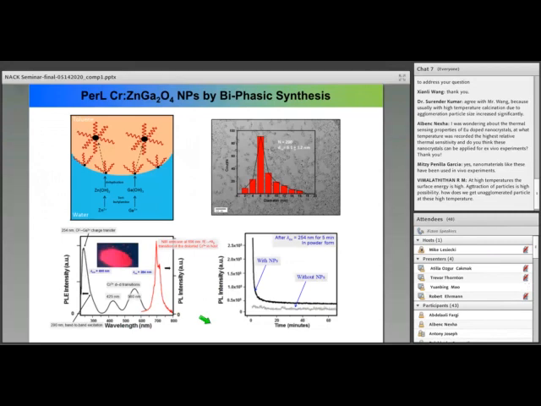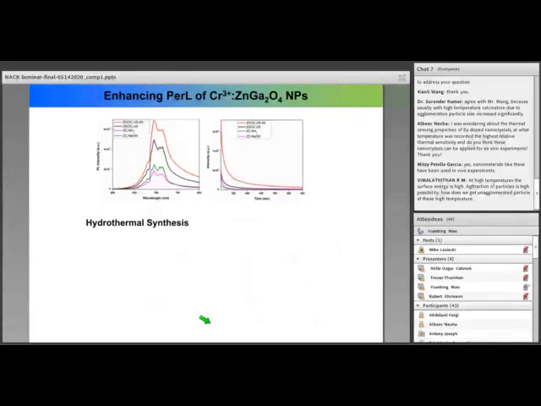So then the question related to this is, it's a very good synthesis technique, but the amount of samples we can synthesize is really, really small, because how much precursor we can charge into this solvent is limited. So we get back to the hydrothermal synthesis. For those of you who synthesize nanomaterials, this technique can scale up much more easily, right? So we did that. Then in the literature, there are two precipitants that have been used, ammonia and sodium